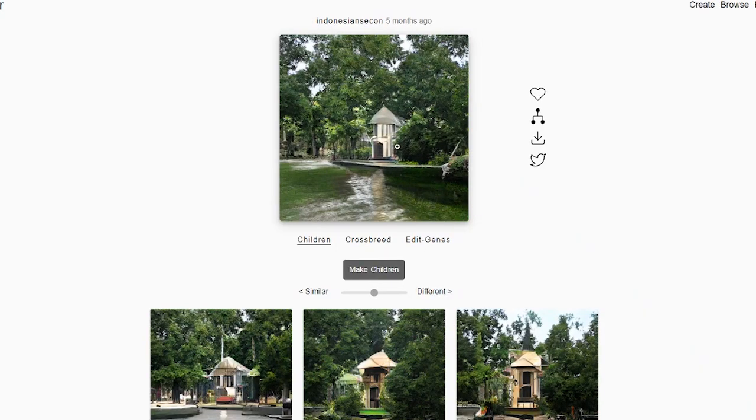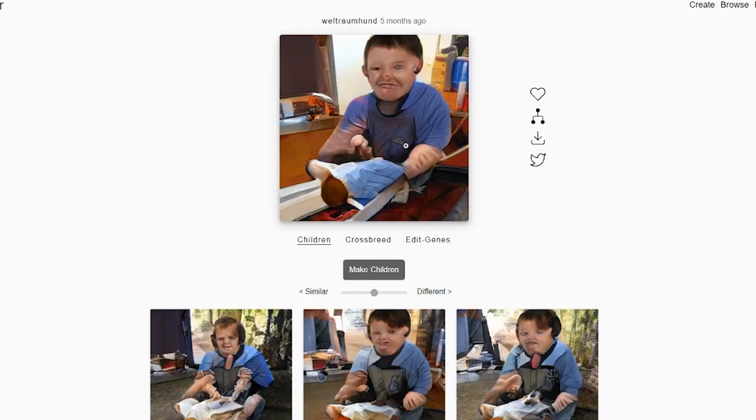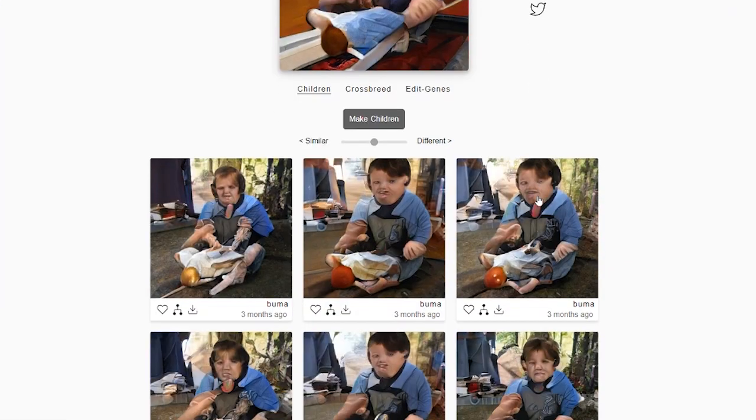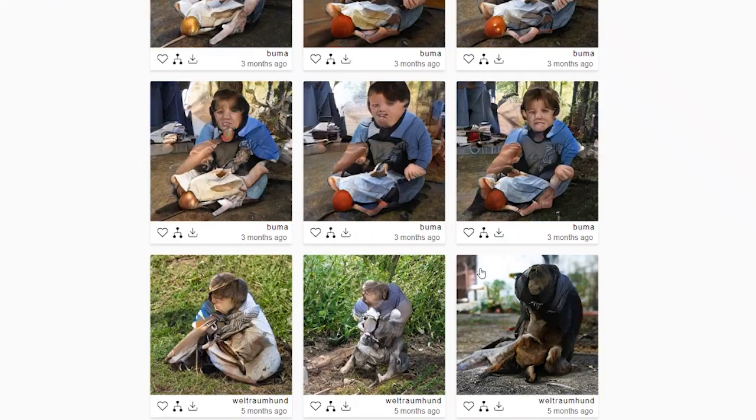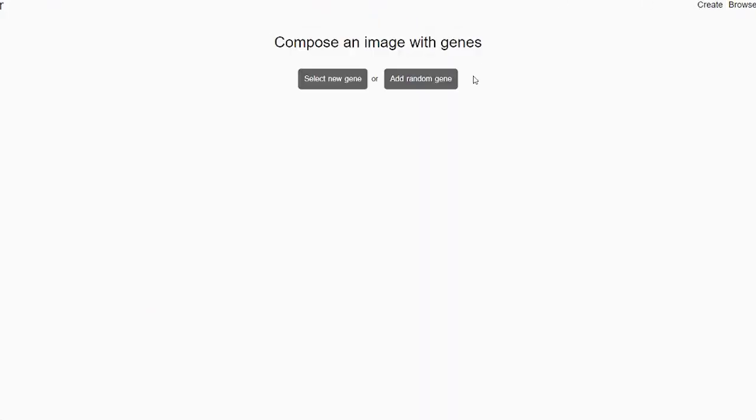Like, look at this castle. It looks real, like maybe a castle or something, but then all the depth is off, the shadows, the reflections, it's reflecting stuff that's not there. The ones with humans are really scary, so we're gonna avoid those. So I've made an account so I can create my own, and what you can do, you